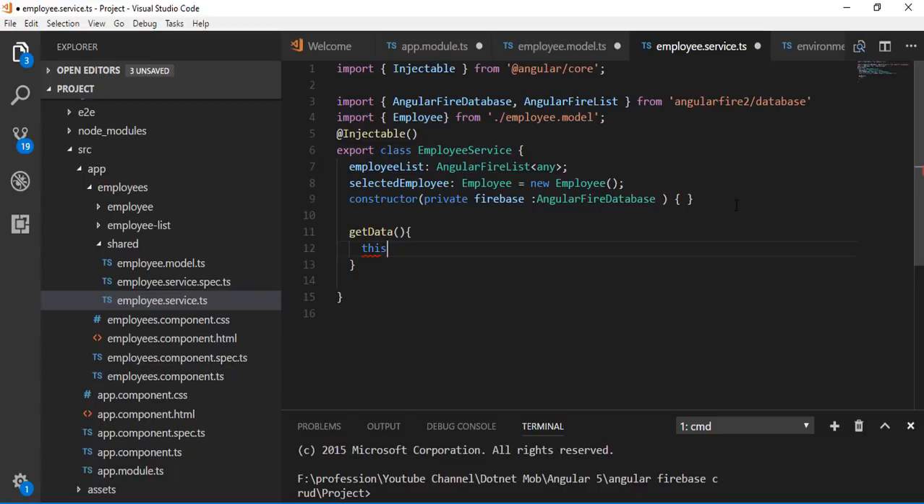this.employeeList. We have defined the variable here. employeeList is equal to this.firebase, the injected variable, .list. Inside this function, we have to pass our node name. It will be employees. We will save employee details under this employees node. So in order to retrieve employees record from Firebase, we can do this.firebase.list, and then we have to provide the node name, which is employees. Finally, we can return this